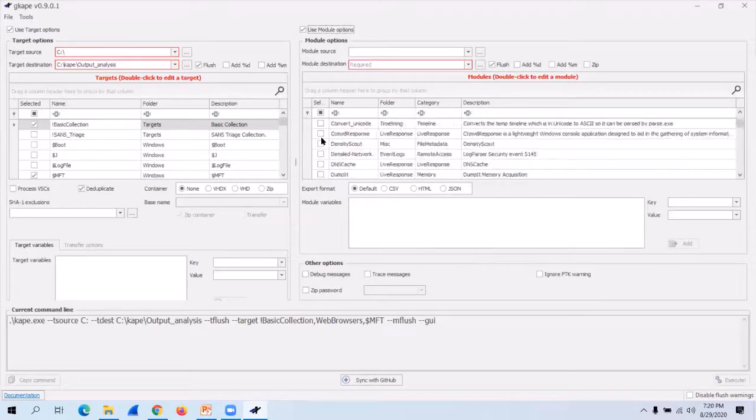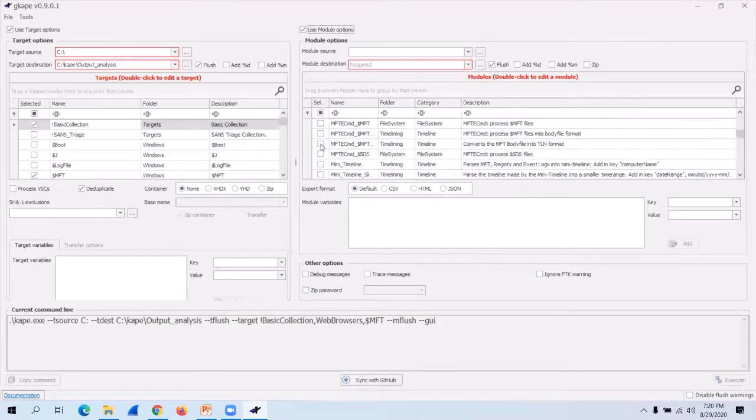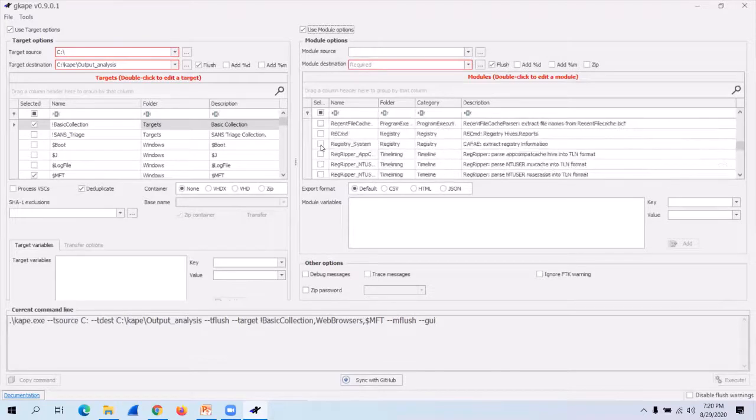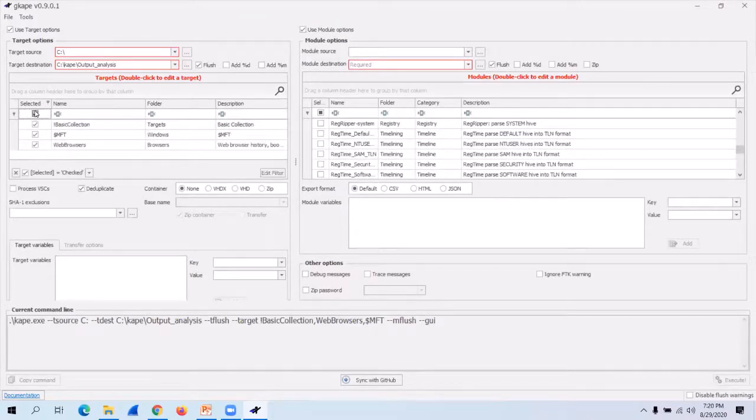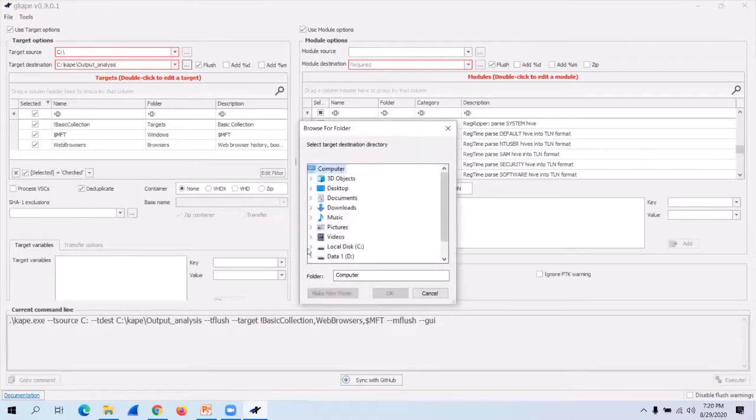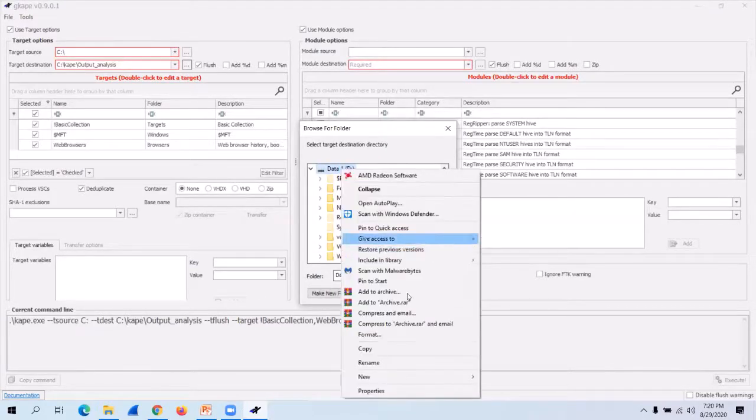Okay, 1 second. Should work. Okay. Yep. Let me save it in another drive, but it should not be an issue.